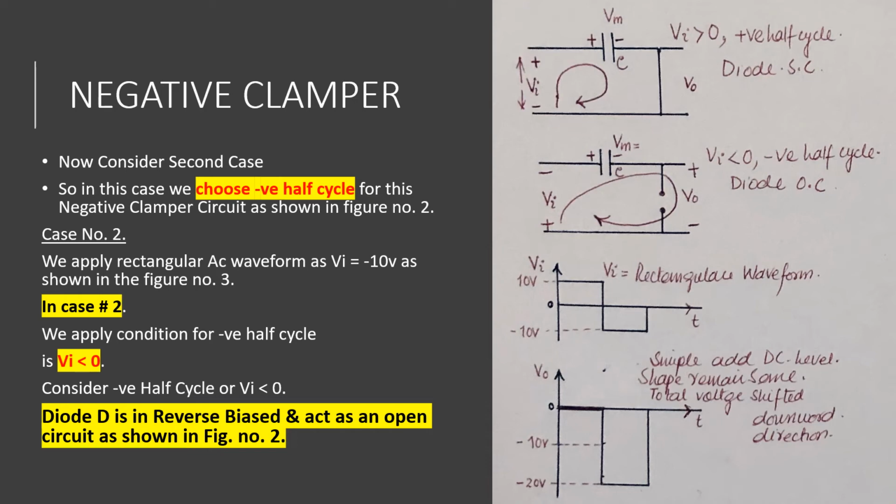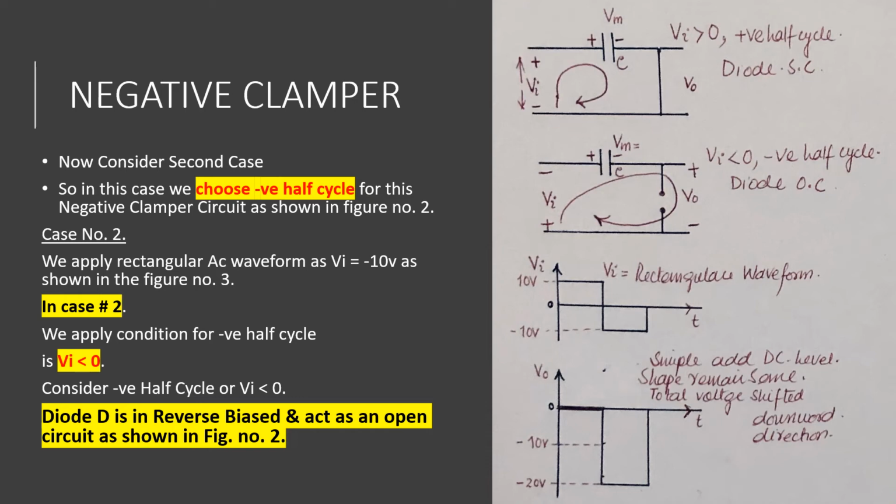The condition for this case is, in the negative half cycle, Vi is less than 0. Now the diode D is reverse biased and acts as an open circuit as shown in figure number 2,